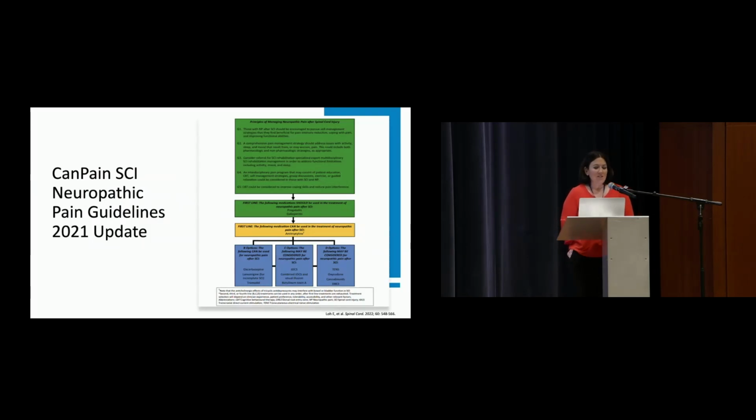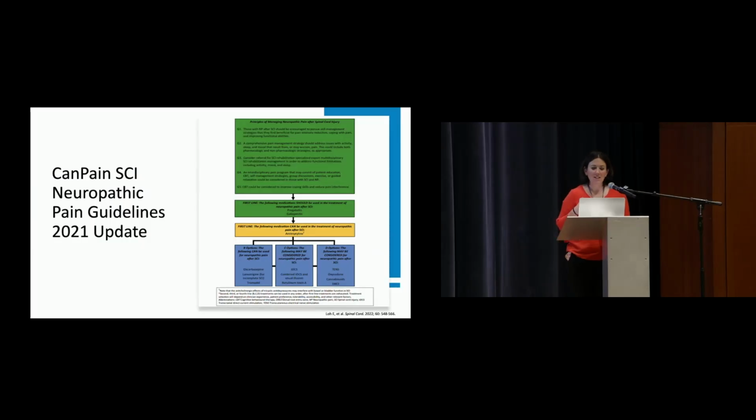The Canadian Pain Guideline, in their review, included studies where 50% or more of patients had traumatic or non-traumatic spinal cord injury. So the recommendations here, first line, same thing, cannabinoids should be used. Amitriptyline or TCAs were also considered a first-line agent, but were given a lower level recommendation than the cannabinoids based on safety concerns. Our TCAs have a lot of anticholinergic side effects, which are not good for our spinal cord injury patients. They can worsen constipation and urinary retention. So even though they may be effective, they have more safety concerns with this population.